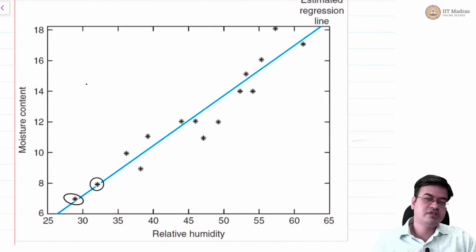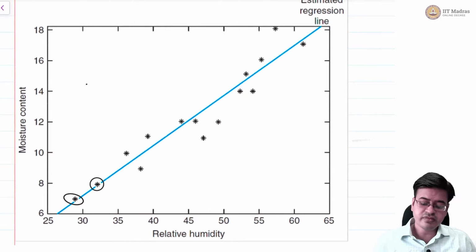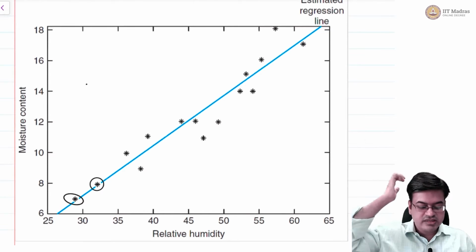So they performed this experiment over a period of 15 days. As you can see, there are 15 data points, and they found that though the relationship is not perfectly linear, a straight line passing through all these points can depict the behavior of the relative humidity with respect to the moisture content. So they have fitted the line, which is the blue line. This blue line, when you study statistics 2, will be called the regression line.